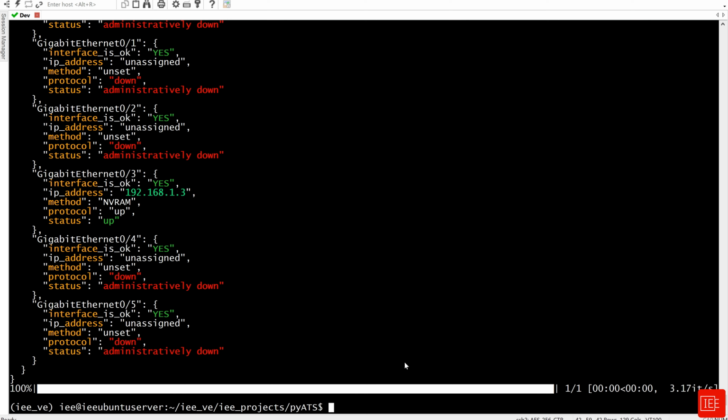Now let's go over another command option, which is the learn command. I will execute the following command. I'm going to say pyATS learn config, and then I'm going to specify the testbed-file,